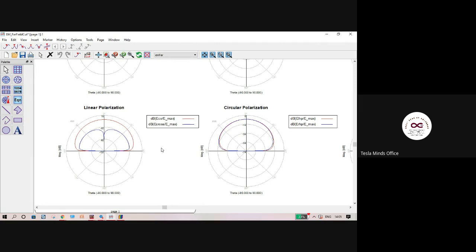Why is this important? Because only if you know the orientation of the electromagnetic field coming out of your antenna can you align the position of your antenna with respect to the transmitter. For example, if you are getting information from a Wi-Fi access point, your antenna orientation should be the same as that particular transmitting antenna. Otherwise, the information will not get passed. Right, so that is how polarization is important in antenna design.